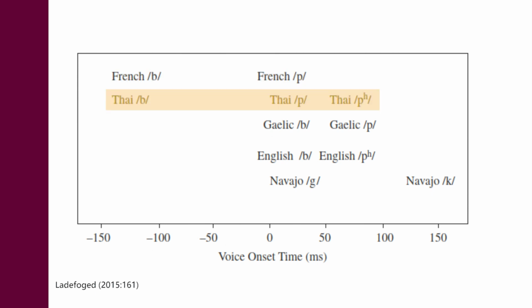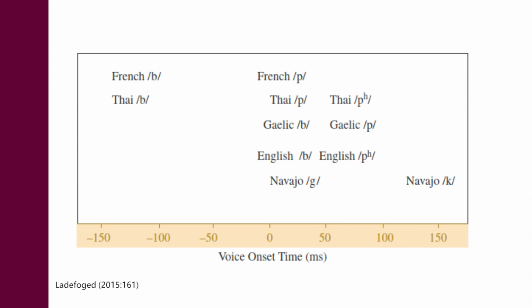In Thai, there's a three-way distinction. You have ba, ba, and pa. In Gaelic, there's only ba and pa, no aspiration. In English, there is ba and pa. That distinction is there. In Navajo, there's ga and ka. You see, there's no pa, but ka is aspirated. So what is important here is that, apart from the distinctions that each language makes, if you look